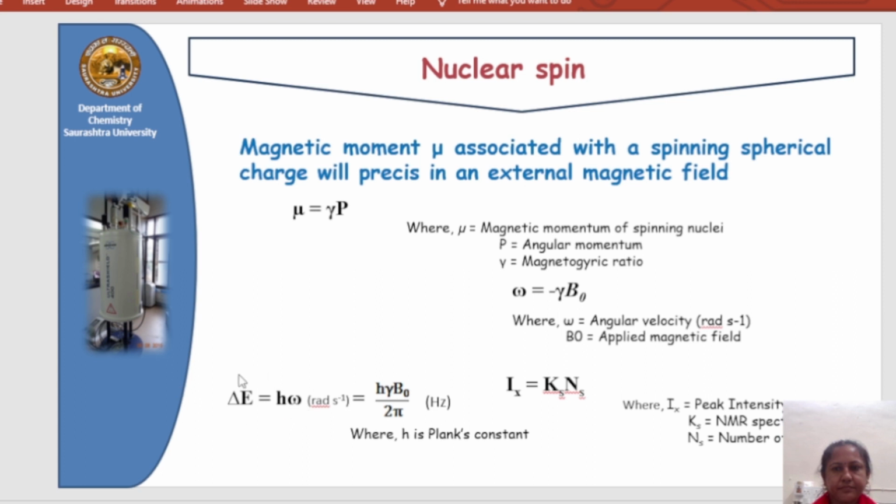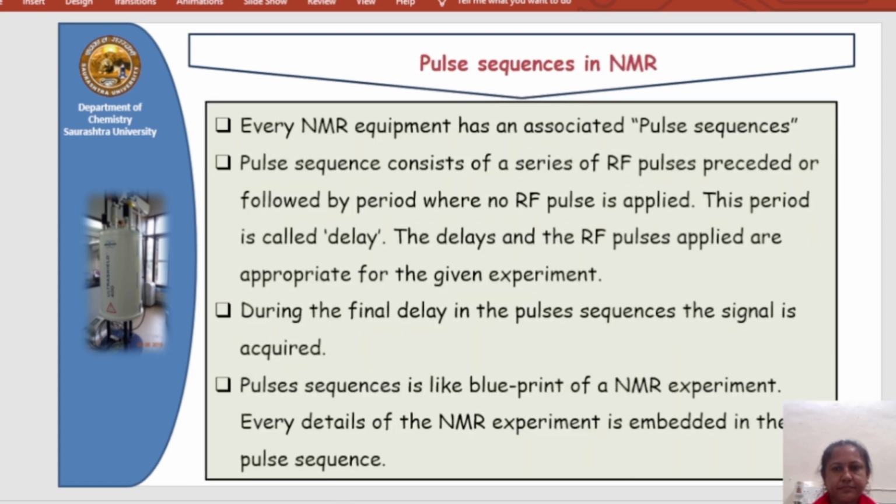So from that we can find out how much energy difference takes place by using the 2I plus 1 equation, how many splitting levels will be possible when we apply the radio frequency, or in the study of the NMR spectrum. Now, some parameters are very important. Let us show how an actual experiment is recorded in NMR data.